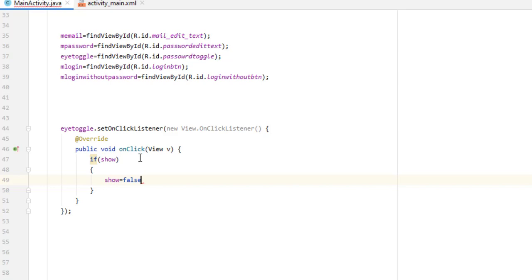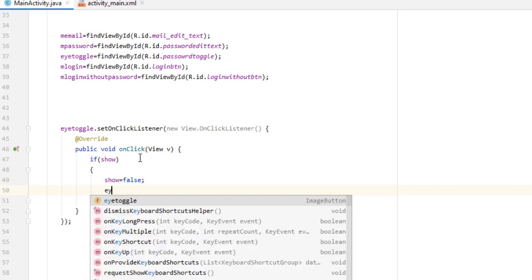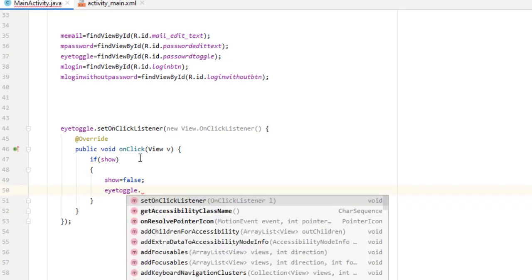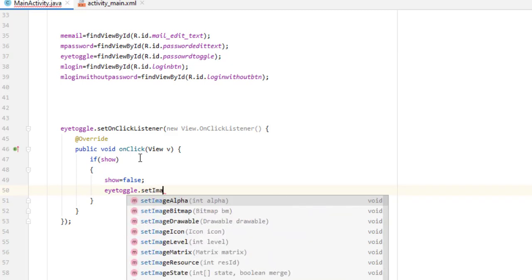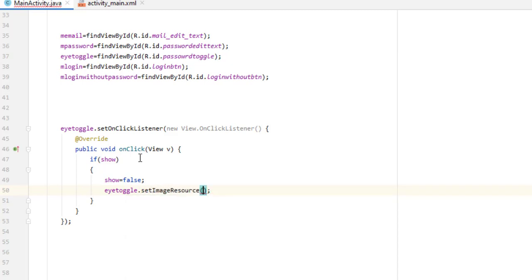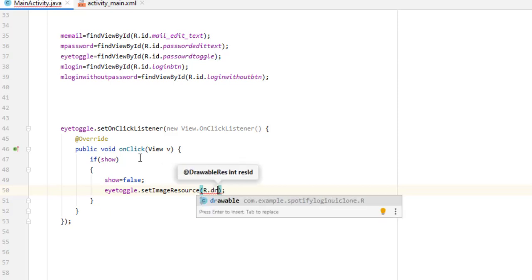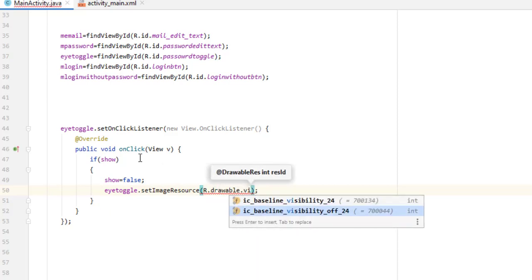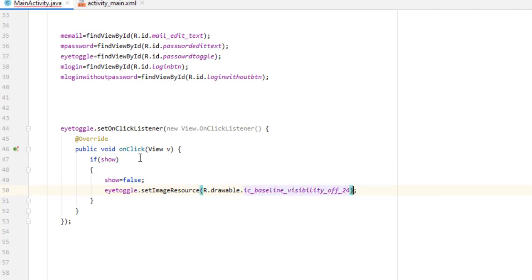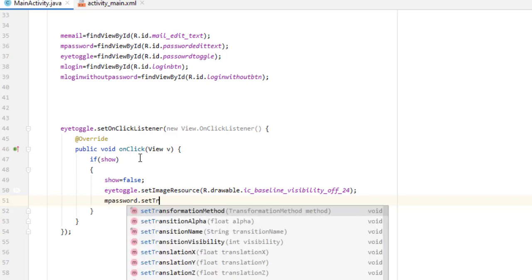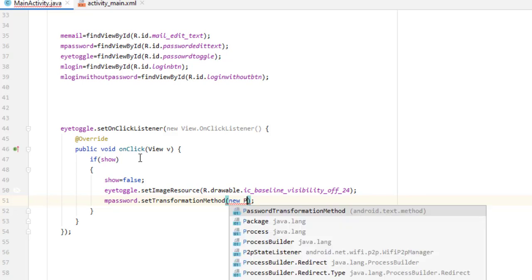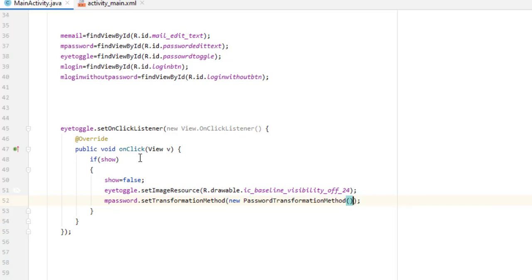I have to change the boolean value, and then I have to change our image button from eye on to eye off. So I simply type here setImageResource, and inside this we have to pass the drawable name, R.drawable.visibility_off. So this is done. Now we have to simply hide the password. So you can simply type here password, this is our id name, dot setTransformationMethod, and inside this you can simply call